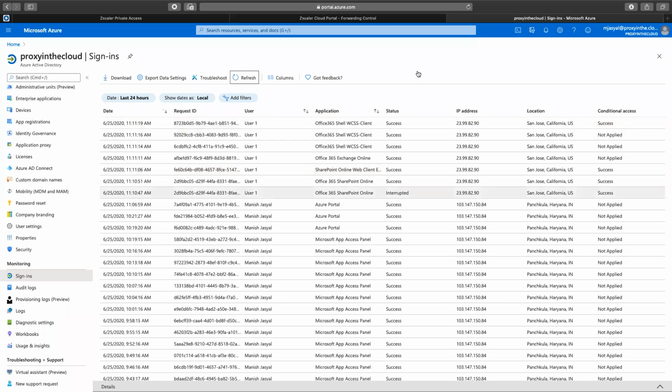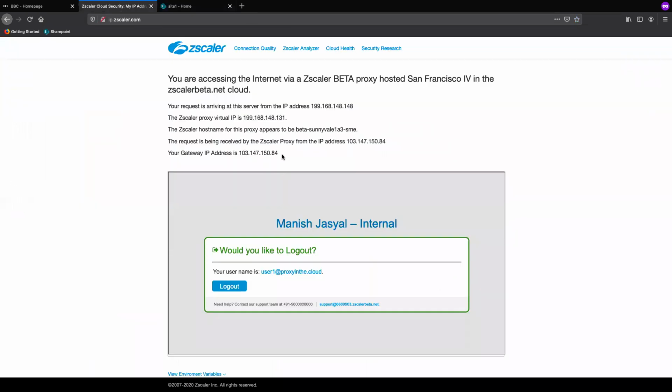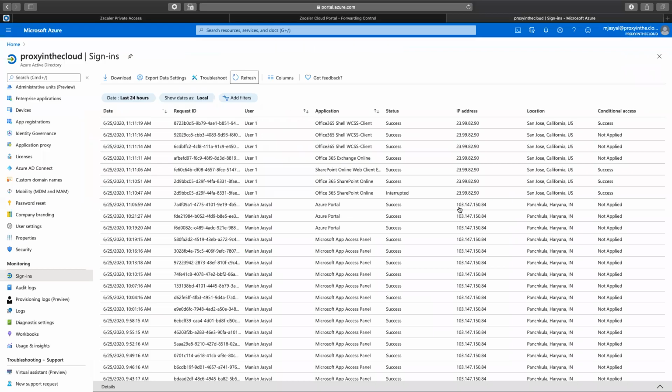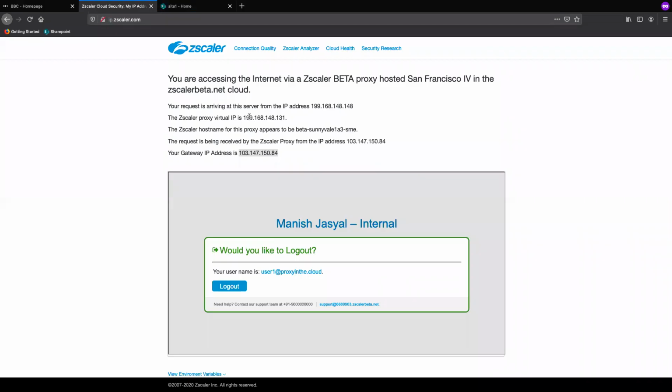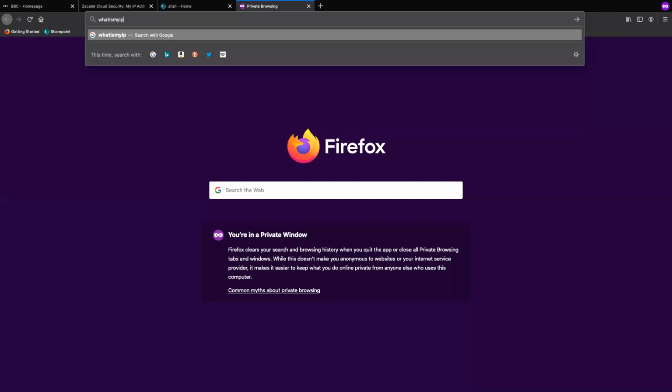And just to make sure that this is not the IP address that my computer is sourcing its traffic from, you can see that here. So that is my home IP address. And you can also see that here, that when I normally log into Azure portal, it is not going through Zscaler, so it is taking my home address. But then when I'm going through ZIA, this is my ZIA IP address. So if I just go to whatismyip.com,